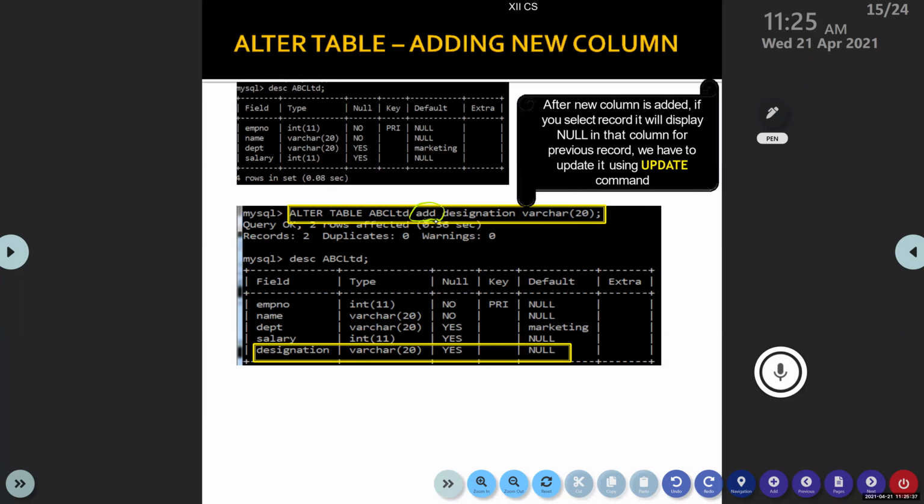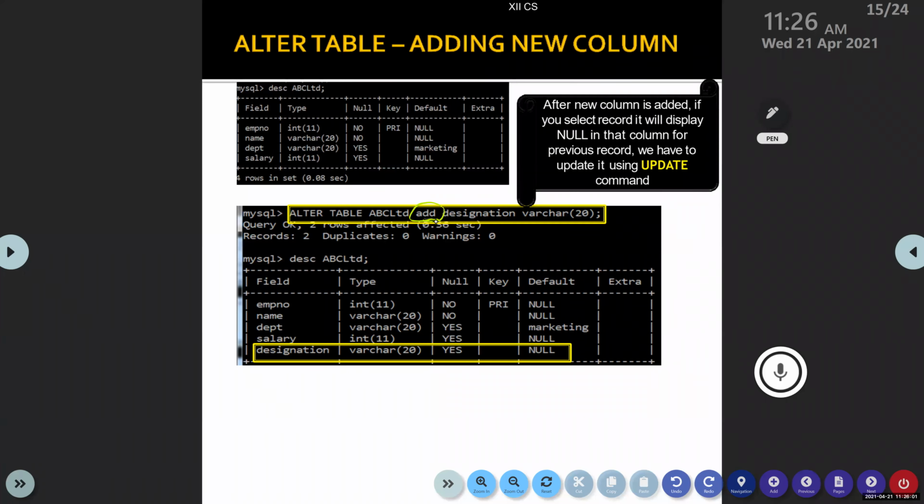First case, when described table is given, you can see only 4 columns in the table: ABC Limited, EMPNO, name, DEPT, and salary. So later only, you realize that there must be one more column, that is designation. So you can add it using alter table command.